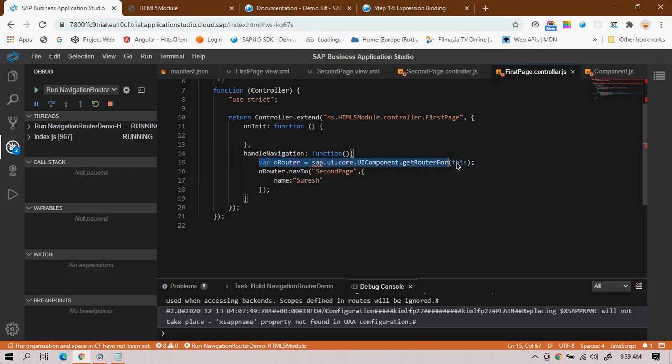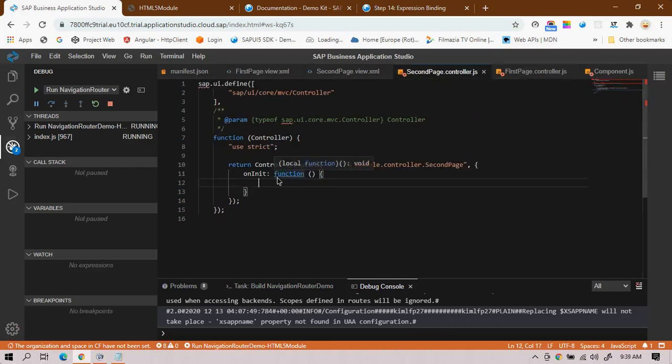First I have to get the router, so I will copy and paste it in the on init function of the second page.